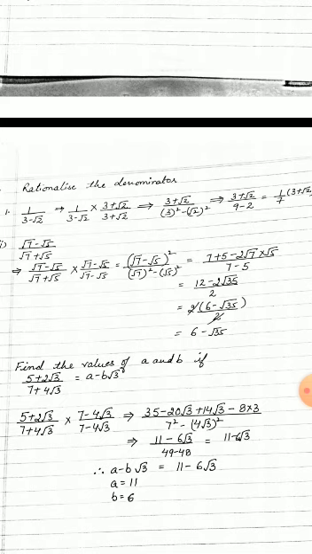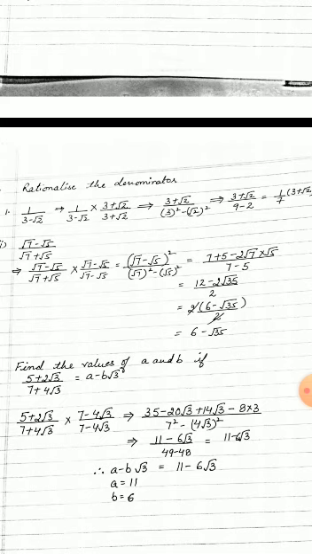So we get 1 upon 3 minus root 2 multiplied by 3 plus root 2 upon 3 plus root 2. This gives 3 plus root 2 upon, below we obtain an identity, a minus b and a plus b, which reduces to 3 square minus root 2 square. This comes out to be 3 plus root 2 upon 9 minus 2, and the numerator 3 plus root 2 remains as it is. 9 minus 2 is written as 7 in the denominator. So we get 1 upon 7 multiplied by 3 plus root 2.